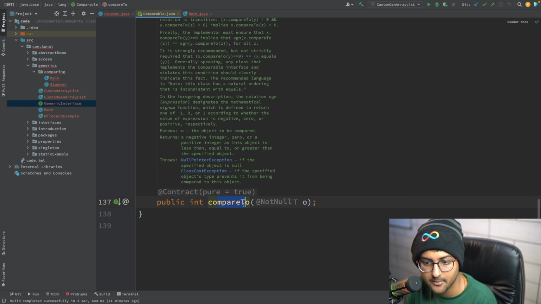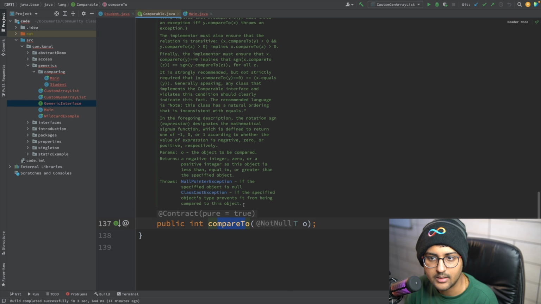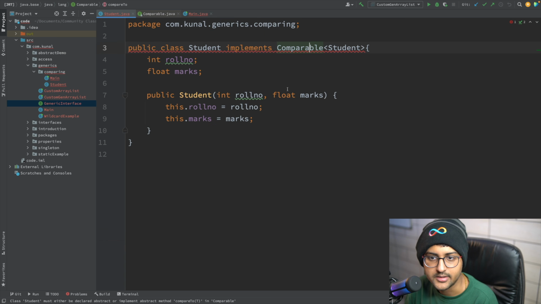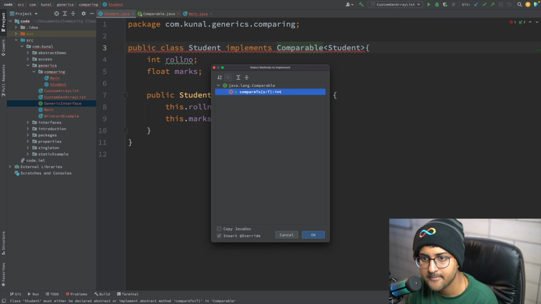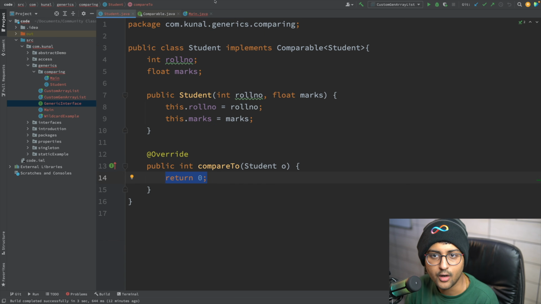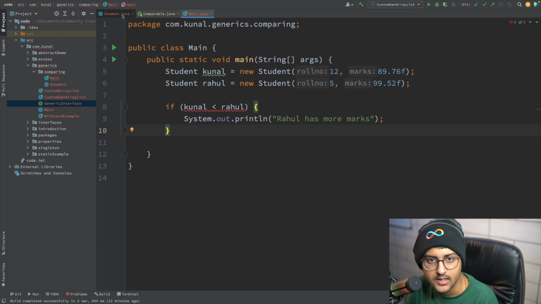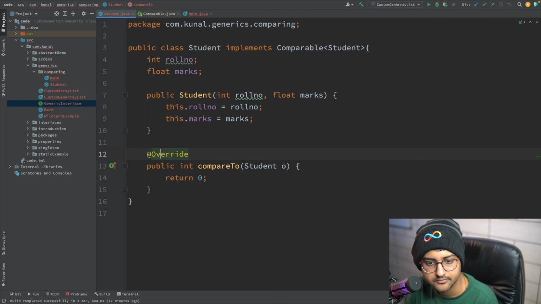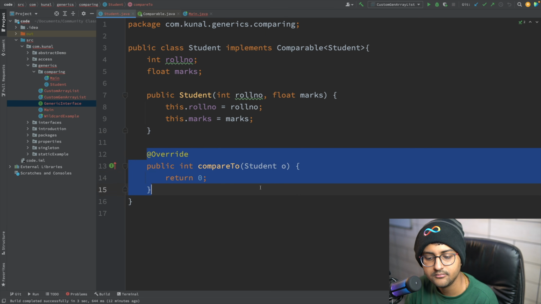It says there's a compareTo method. Okay, no problem. Let's implement compareTo. Now, whenever you run this, it's actually going to check for this. Cool.